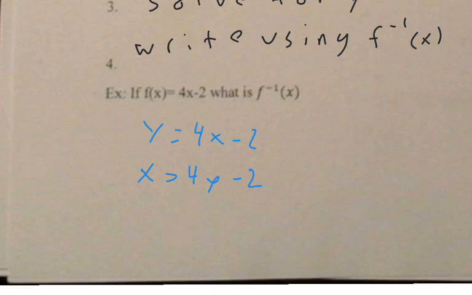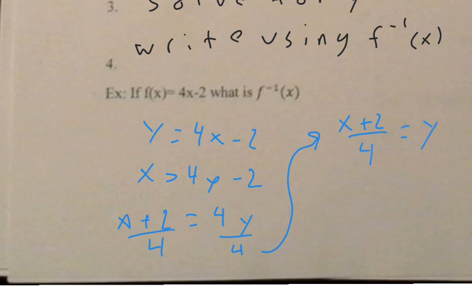Now we're solving for y, so we add 2 to both sides: x plus 2 equals 4y. We divide everything by 4, so we have x plus 2 over 4